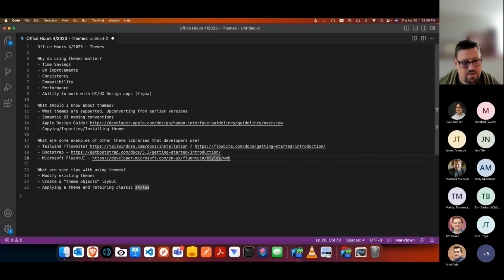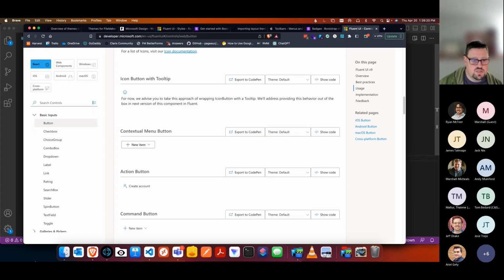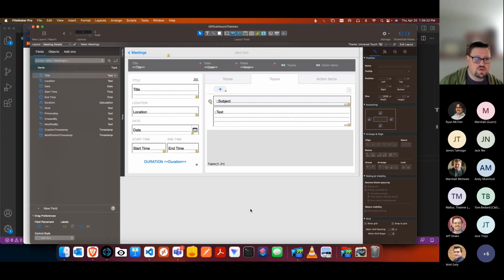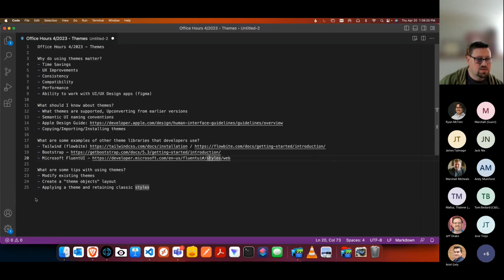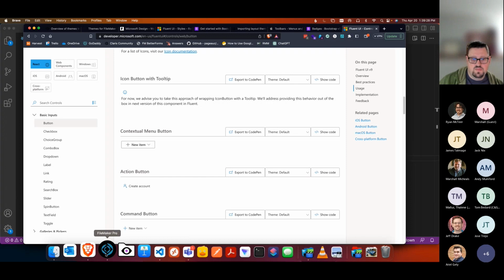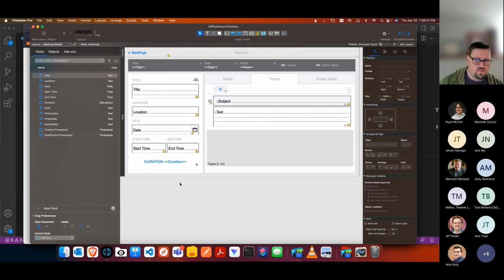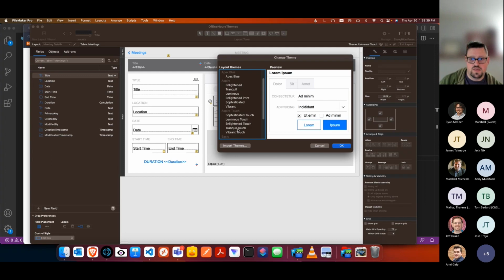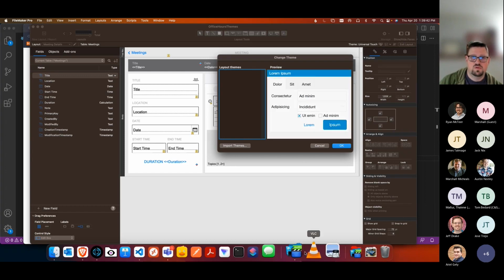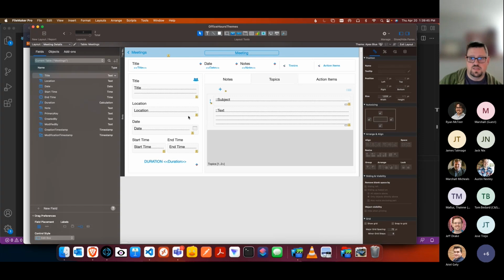All right. So getting down into the final category here, which is what are some tips that I have for using themes. So the first tip is that when you're creating a custom theme, you want to start with an existing theme. You don't want to take a theme from the ground up. I would recommend you don't use like the minimalist theme. I would say you want to use something like Apex Blue. So first thing I would do is I would make this Apex Blue. So now this is Apex Blue, and now I'm going to want to